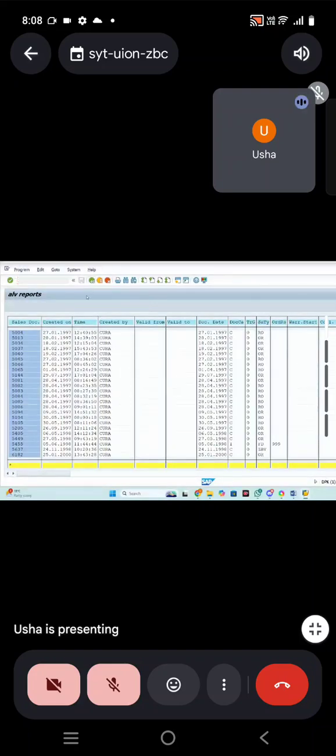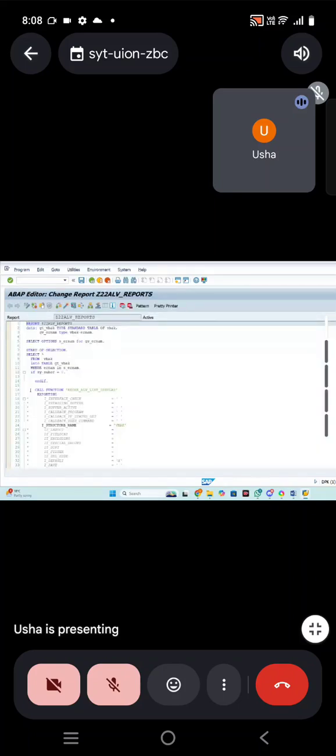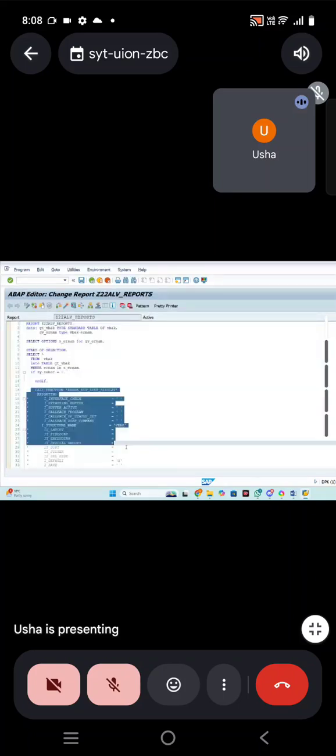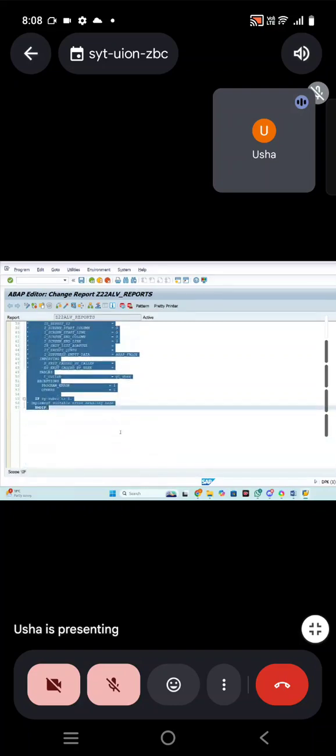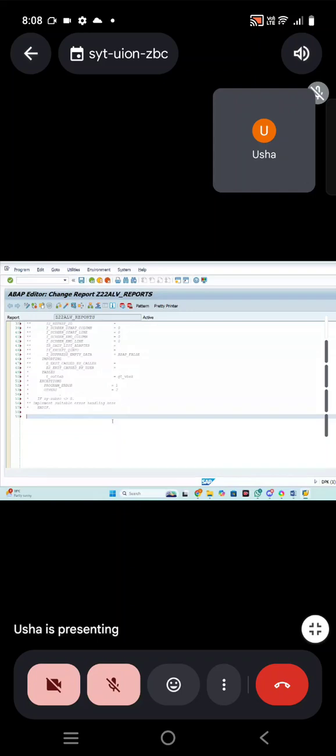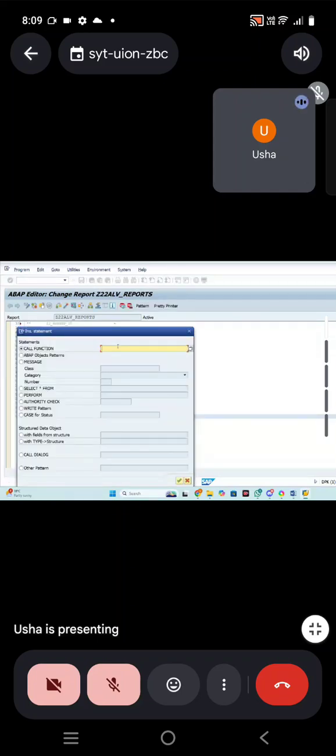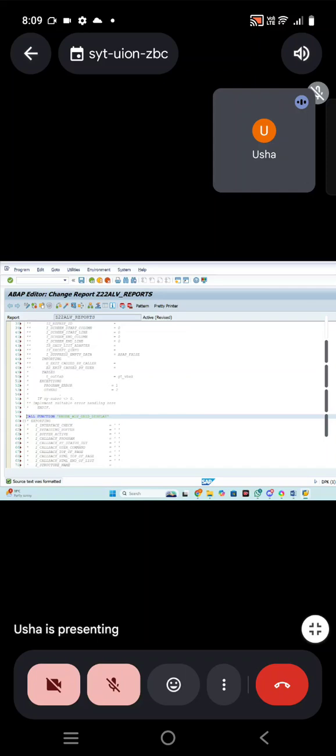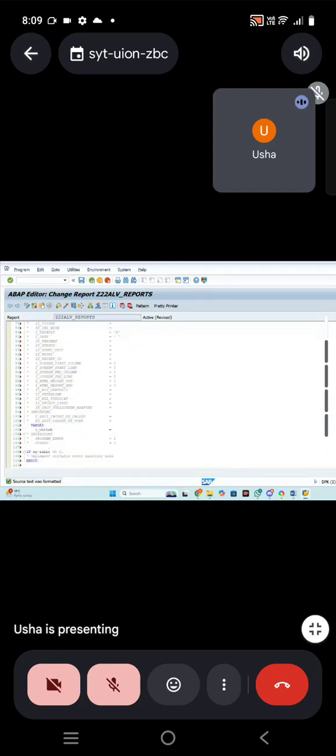Then what do we have? But I want to see all the fields at a time. Then instead of using list display, we can go for grid display. Pattern button, reuse ALV. Instead of list, we are going to use grid display. Okay, for this what we will do,